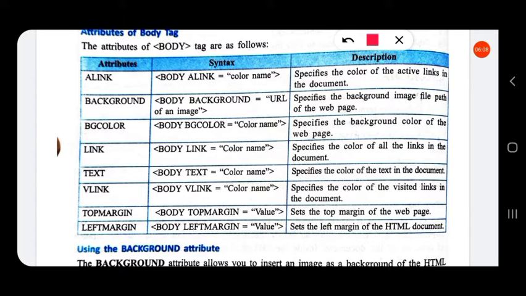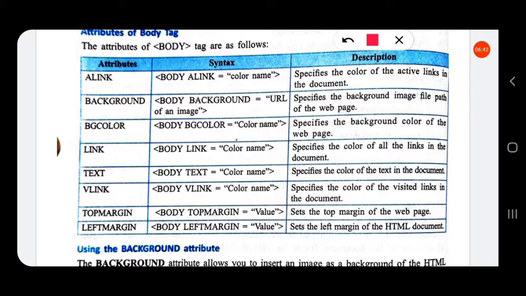Suppose in a web page there are many hyperlinks, and if we click on any link, its color changes. Usually it becomes purple. That is, it specifies the active link in the document.